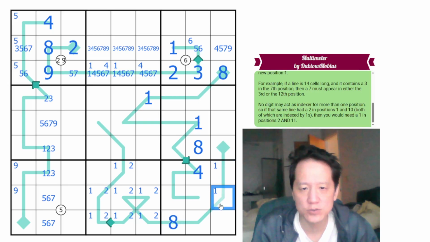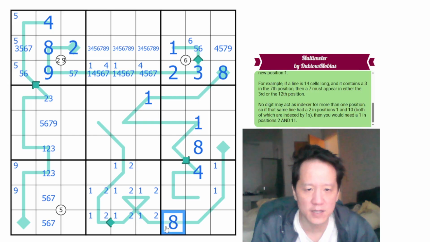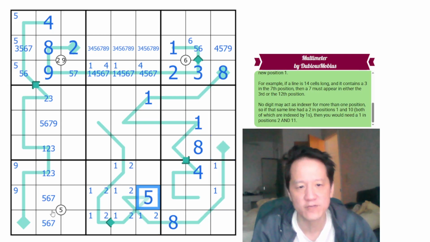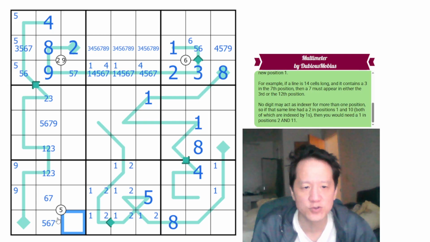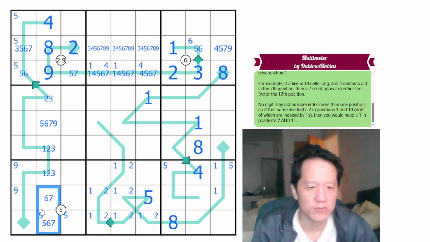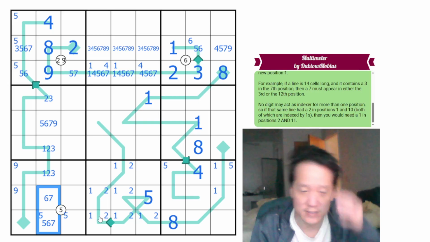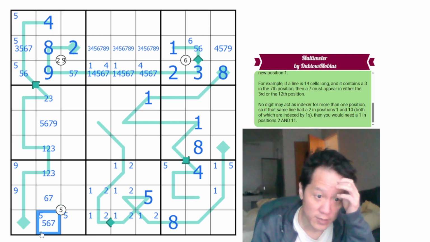This is 1, 2, 3, 4, 5. That's saying in the 8th position there has to be a 5. So 1, 2, 3, 4, 5, 6, 7, 8. This is a 5 then, which means this can't be 5, so one of these two is a 5. We still have a 5 here or a 5 here. Yeah, it was all on this. I don't know why I removed 5 here. Yeah, that was a mistake. Anyways,